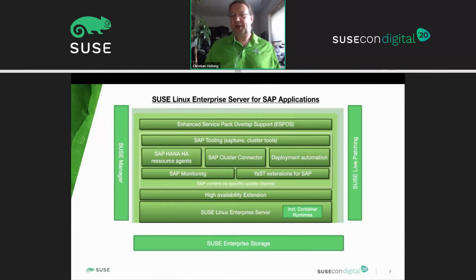We also provide deployment automation. That is also something we're going to cover in a few minutes. And we have a set of SAP-specific tooling that allows customers to basically tune the server for the SAP workloads based on the SAP notes. So there's a level of automation, but we also cover that in more detail in a few minutes. And last but not least, every version of SUSE Linux Enterprise Server for SAP applications in the 12 and 15 code stream also provides enhanced service pack overlap support, which means we do support every service pack for 4.5 years,